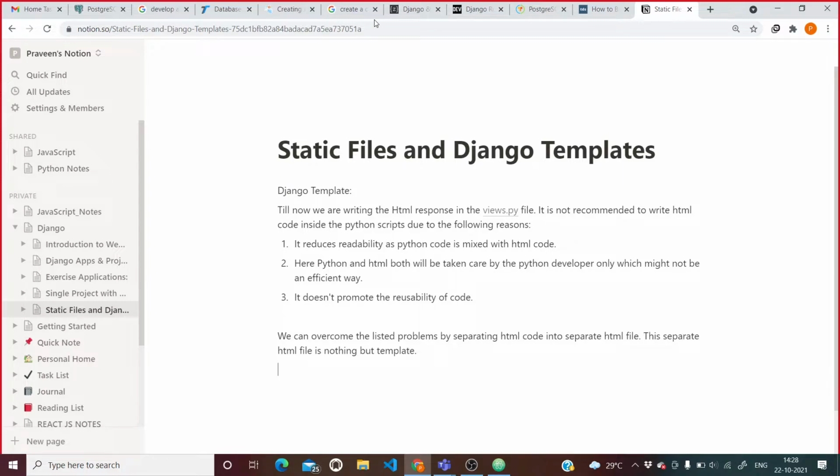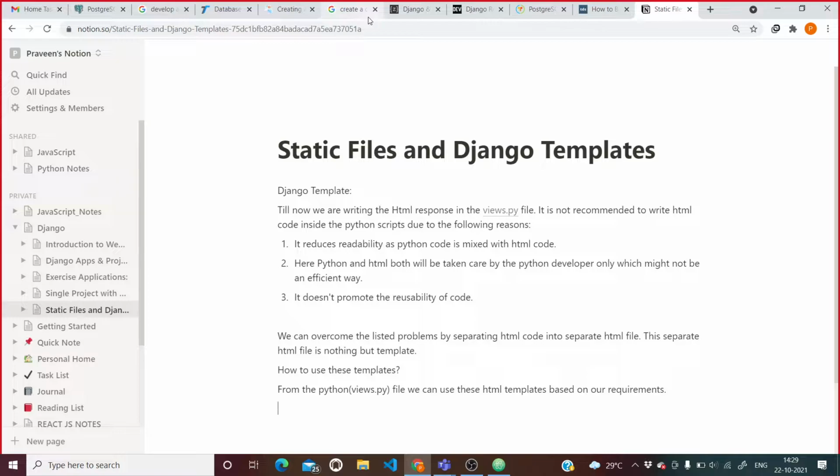We have to write the template at project level, but before that, from the Python views.py file, we can use this template based on our requirement. So how to use these templates? It is simple: from the Python views.py file, we can use these HTML templates based on our requirements, right?